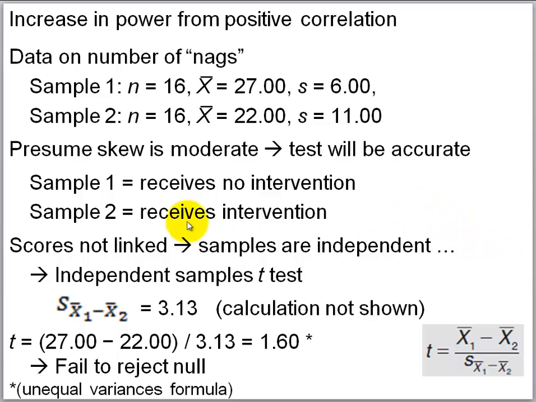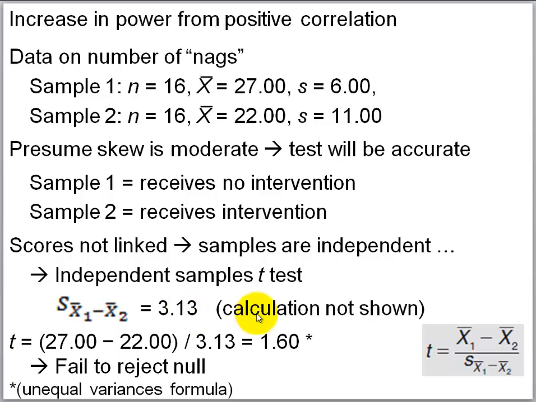Now think about these groups. Those in sample 1 have nothing in common with those in sample 2 in terms of things like they're not brothers and sisters, they're not linked in some way. This isn't a pre-test, post-test situation. We've got two different samples. Since the scores are not linked, the samples are independent, and the independent samples t-test is the appropriate test to use. Estimate of the standard error of the mean in this situation comes out to be